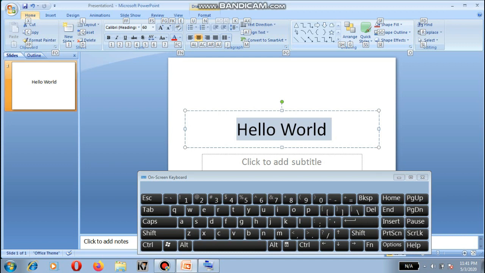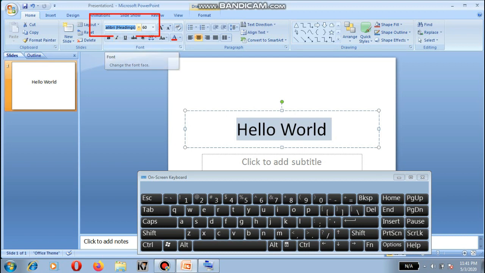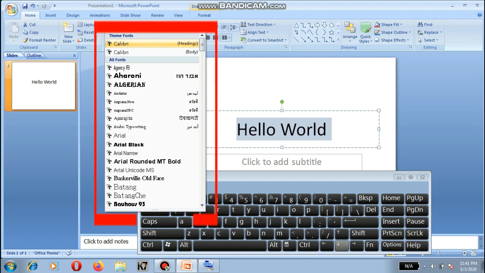Now after pressing H key we would be pressing FF, and after pressing FF key we would be seeing that under font face the whole font name has been selected, and after that we would be again pressing backspace key and we would be pressing this downward key. After pressing this downward key we would be seeing a dialog box has been opened of theme fonts.